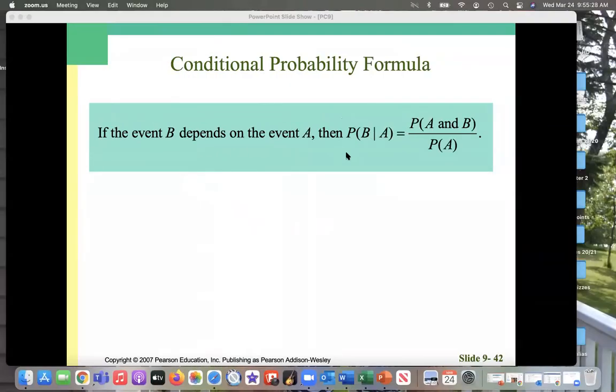All right. Good questions. So that's that conditional probability formula. Remember, we can look at different forms of that. Now,